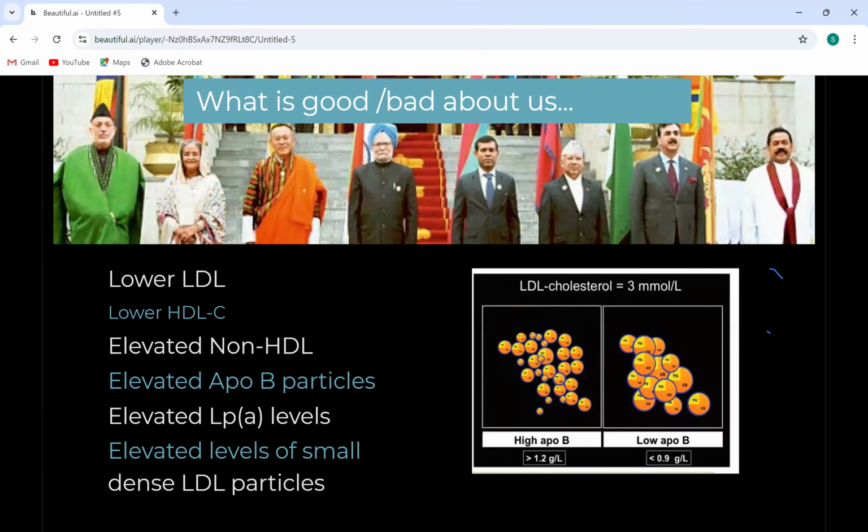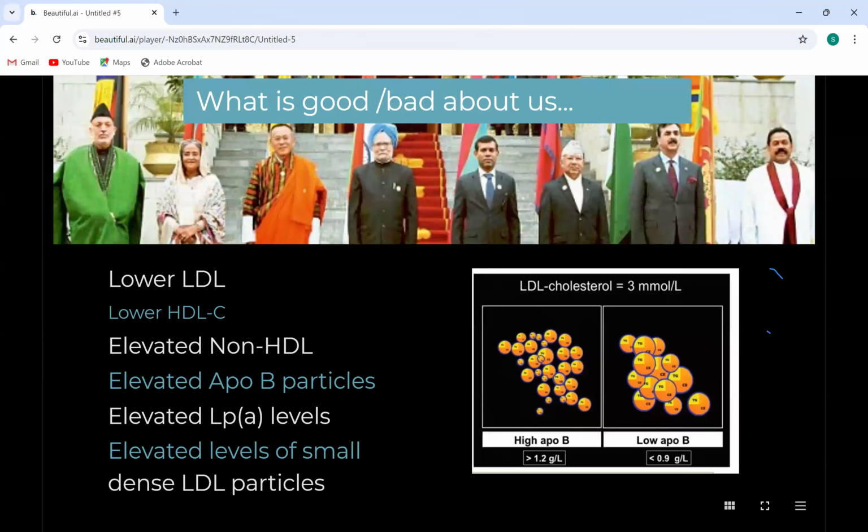And because it's an area where research is still going on, we don't have any treatment for this. These are particles which are thought to play a role, but we don't have direct markers to check the levels in our clinical practice. So that is the problem. But I think in the future, these will become more prominent when you talk about treatment of